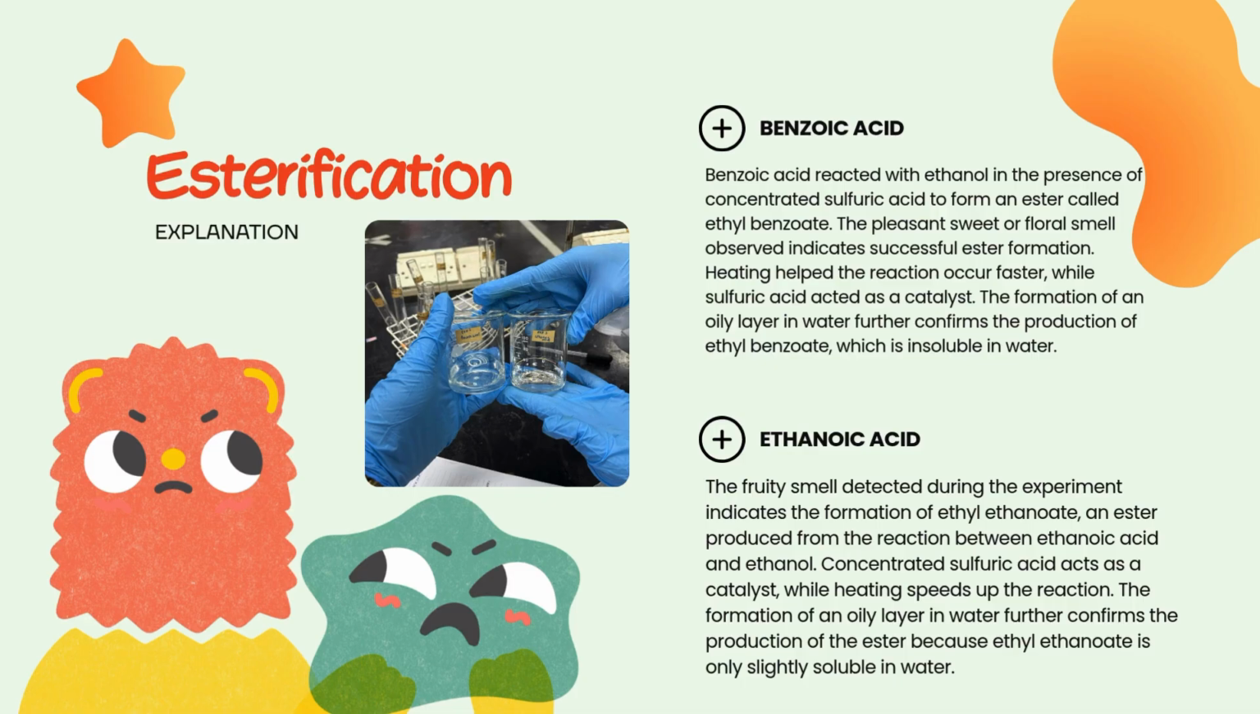And for ethanoic acid, the fruity smell detected during the experiment indicates the formation of ethyl ethanoate, an ester produced from the reaction between ethanoic acid and ethanol. Concentrated sulfuric acid acts as a catalyst, while heating speeds up the reaction. The formation of an oily layer in water further confirms the production of the ester because ethyl ethanoate is only